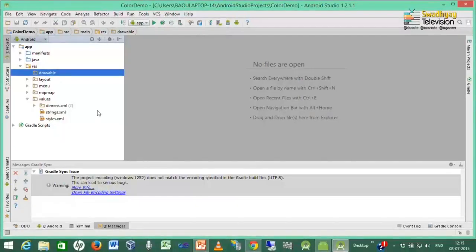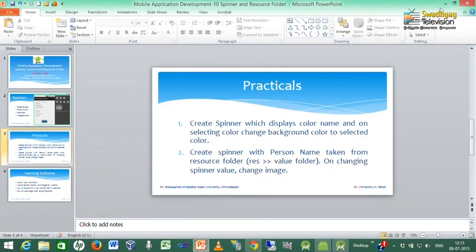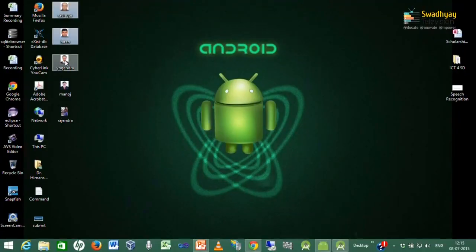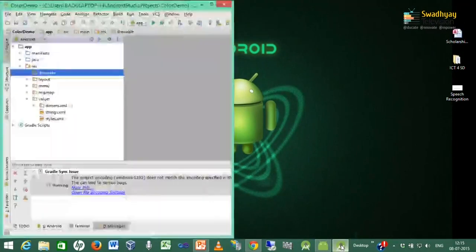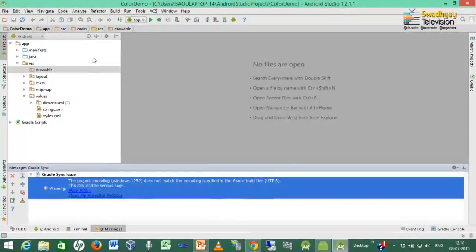So, let us start. In the drawable folder, all the persons' photos should be available, and remember all these photo file names must be in lowercase. So, I just copy these photographs inside the drawable folder.